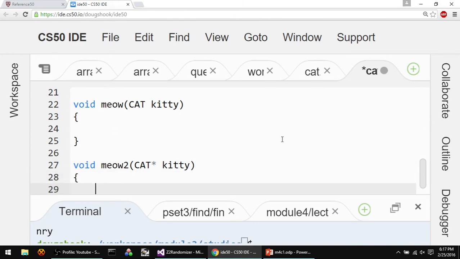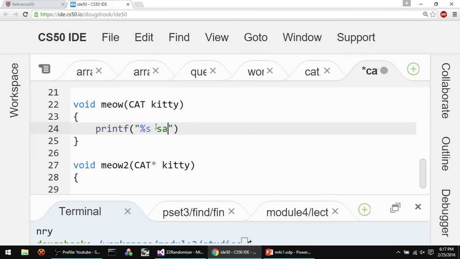Okay, now we can talk about what we want these to do. In both cases, we want these functions to print out the name of the cat, right? So I'm going to need a printf statement. The name is a string, so %s should do it, right? Says